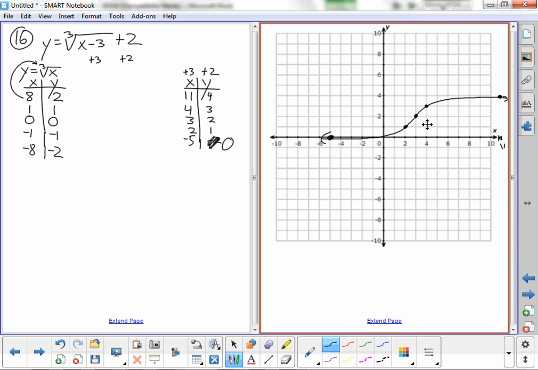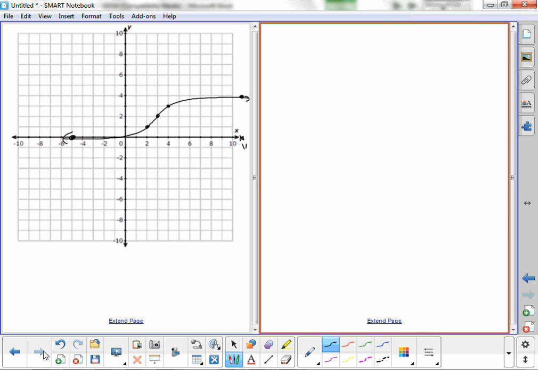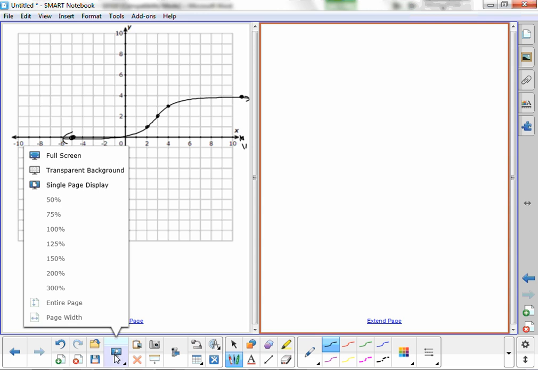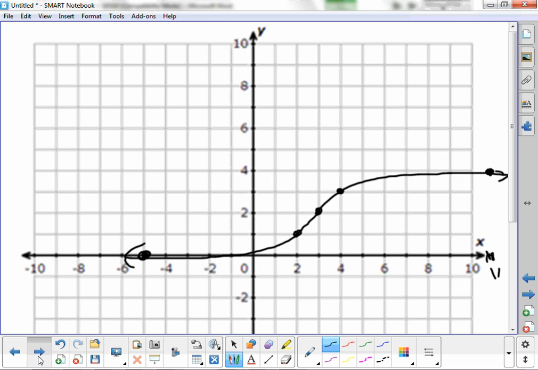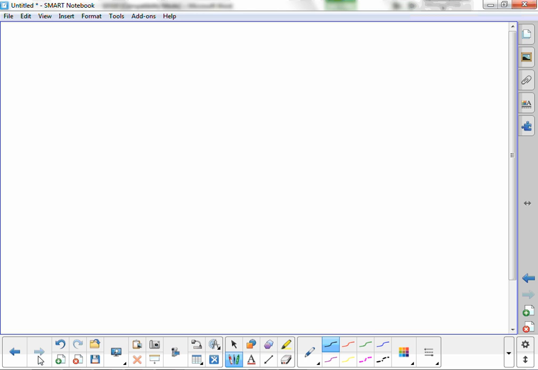Domain and range. The domain on this thing, since going infinity both ways, is all real numbers for both. Okay, next one. Which one did we just do? 16. So people had another question on a number which I don't know because I just dropped my page. There it is. Okay. So 17, 16, 17, 18, and 23 are the ones we're about to do. So number 17